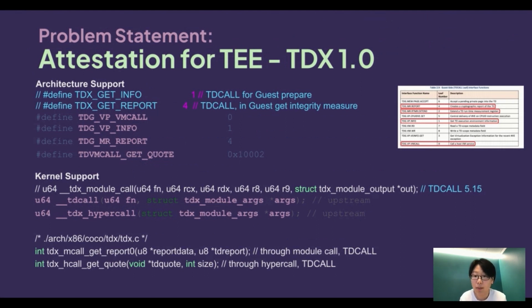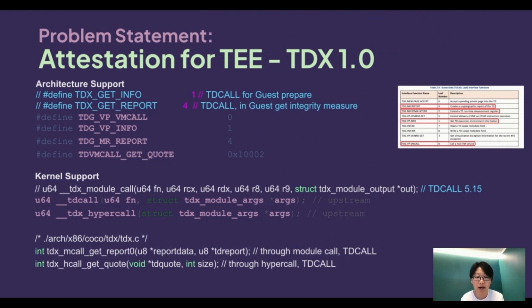In TDX 1.5, it also supports TD verify. There is also kernel support built on top of the architecture support. In the kernel support, they separate the TDX module call into two parts.